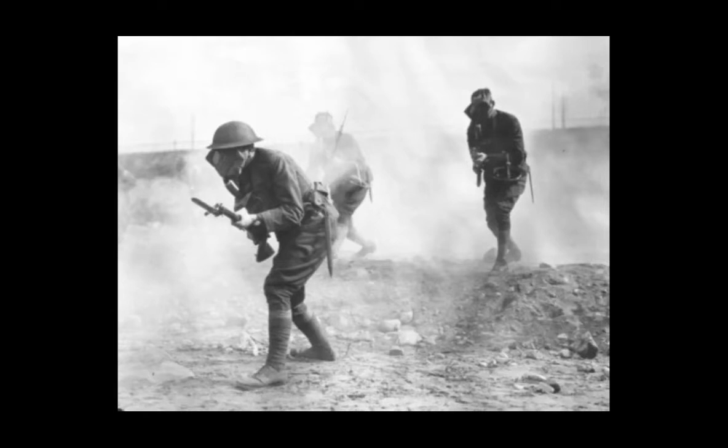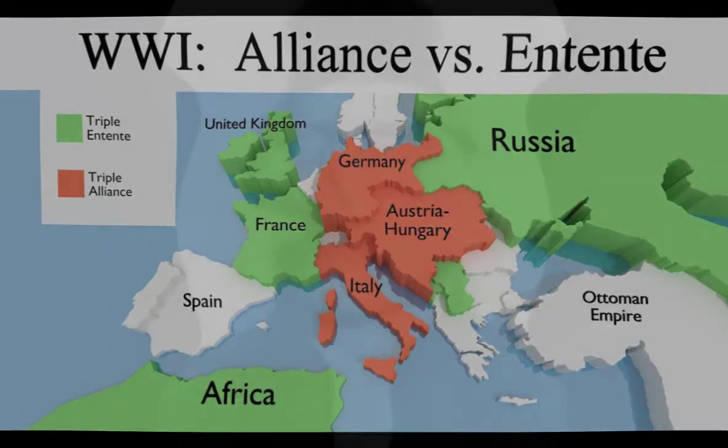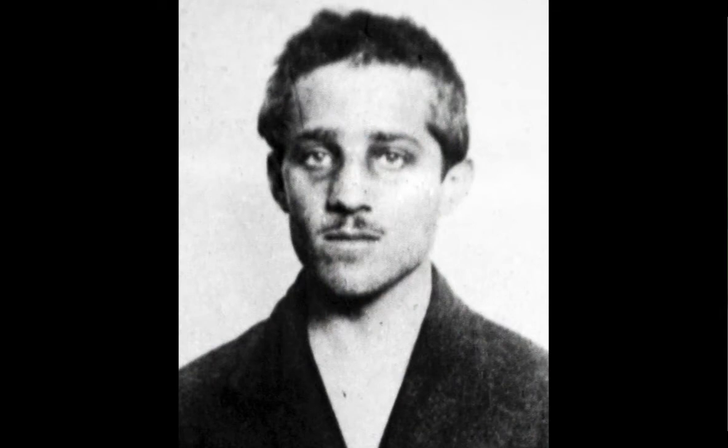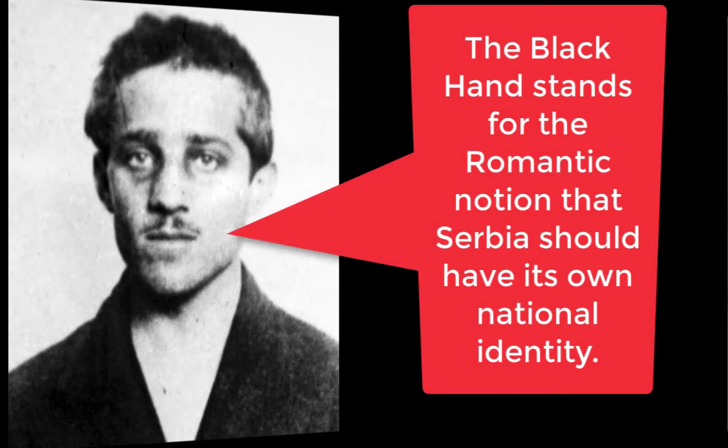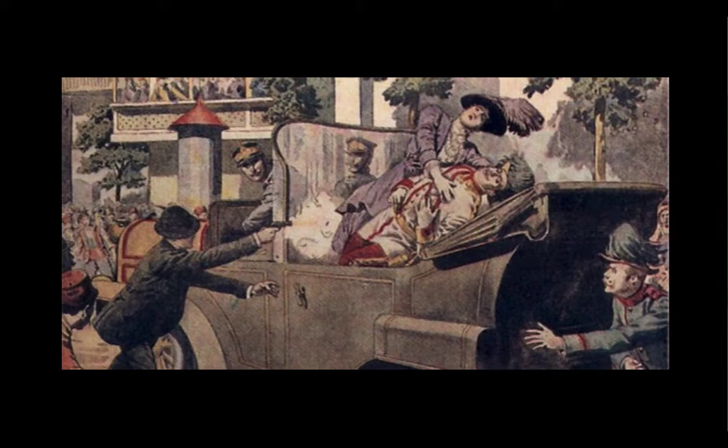In the midst of all this competition, France, Russia, and Serbia developed an alliance to protect one another. And then Germany, Austria, and Italy developed their own alliance. Then in this context, Serbia, who wanted their own nationalist identity, had developed a homegrown terrorist group called the Black Hand. One of its members, a man named Gavrilo Princip, went into Austria-Hungary and assassinated the Archduke Ferdinand and his wife Sophie. Most people associate this event with the beginning of World War I, or maybe it was because of the alliance system that it was then triggered.